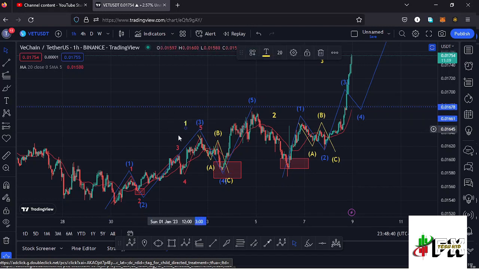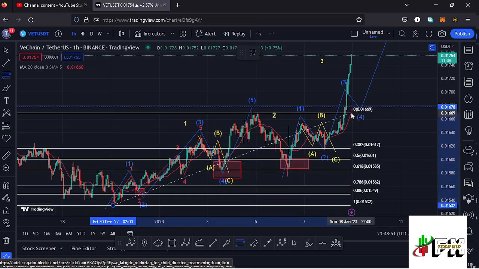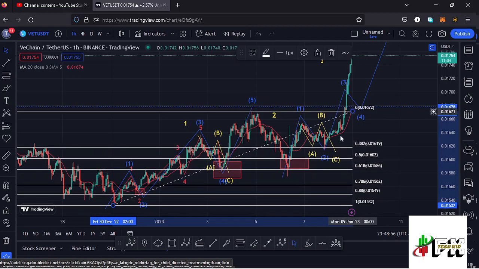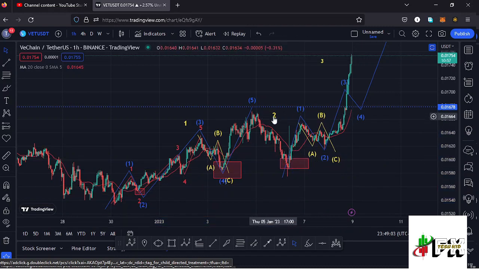And whatever we expected next after seeing the formation of a higher Elliott wave count 1 is the formation of a higher Elliott wave count 2. Using the Fibonacci connecting them from the low of the first wave to the high of that wave 1, that was giving me a minimum retracement area to the lower side in the formation of that second wave in this target area that I have right here. And you can see that we have retraced into that target area in the formation of that higher Elliott wave